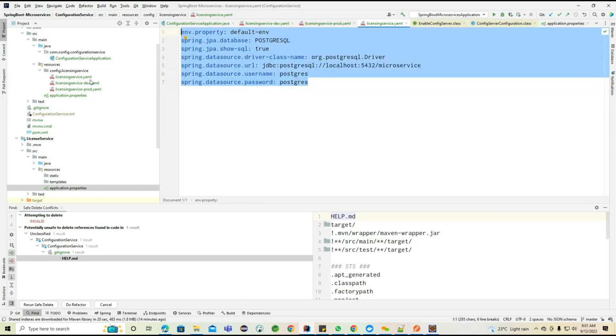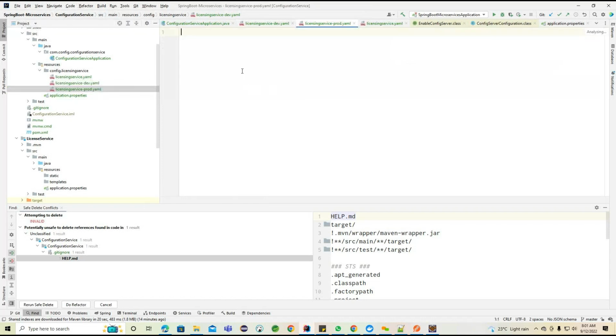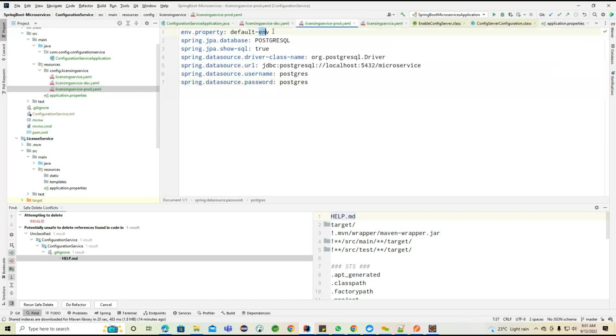Now what I will do is copy this same section and paste it under the dev. Here I'm going to make it dev and production, so this one I'm going to provide as prod. The database is the same, just for understanding I'm trying to create this. Getting the point? After creating these three sections, the dev environment, the production environment, and the default one,